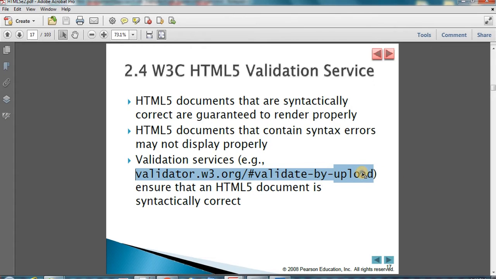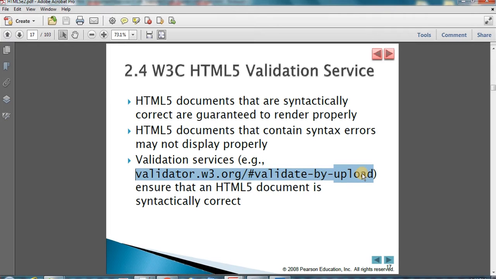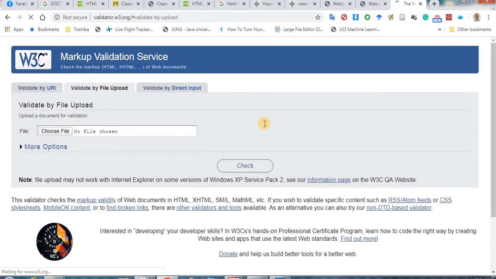If we go to this website, okay, this is called an HTML validator. You choose a certain file, an HTML file, and it will validate for you and detect if it contains errors or not. For example, if I choose